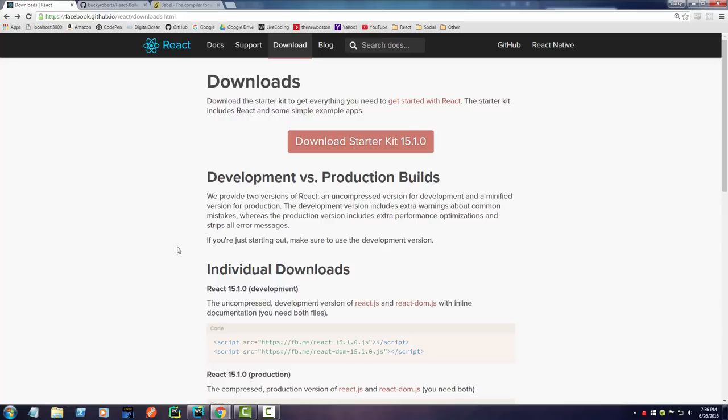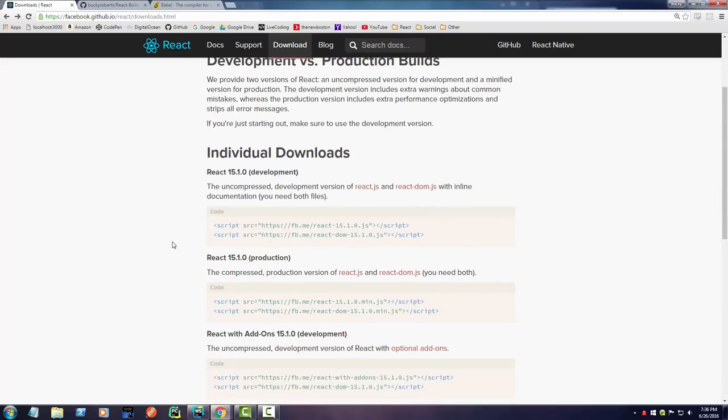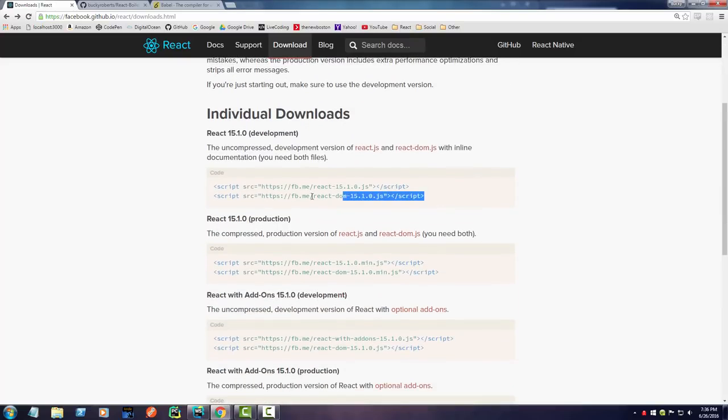So what do we need to get started with React? Well, the very first and probably most important thing we need is the React library. So this is the code for the library, and this is actually made by Facebook. So if you ever go to this website and you're like, facebook.github, what the heck? This entire library was created by Facebook. So that's some background information. But essentially we need these two files, react.js and